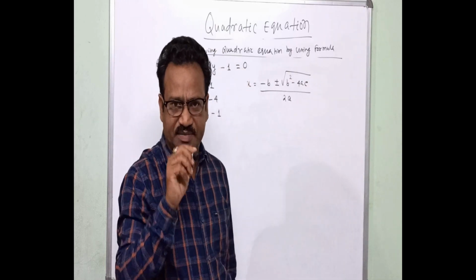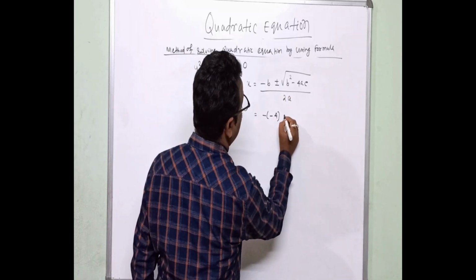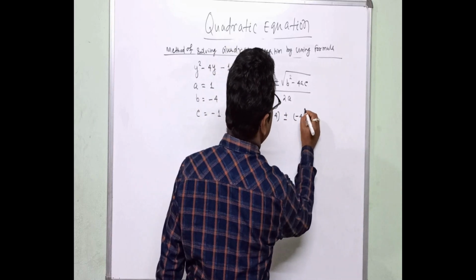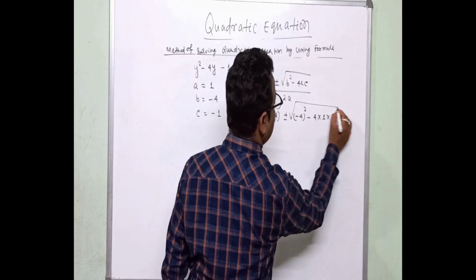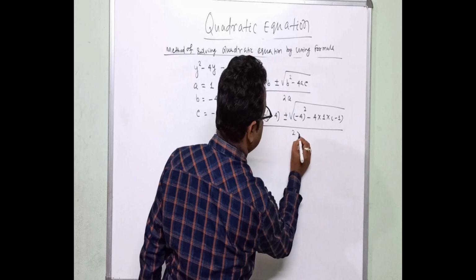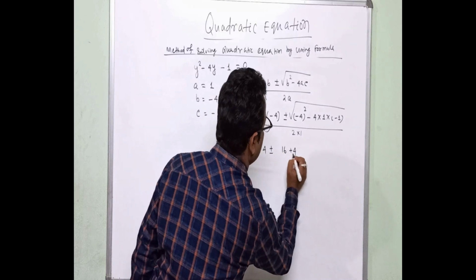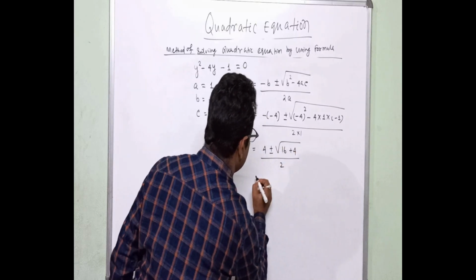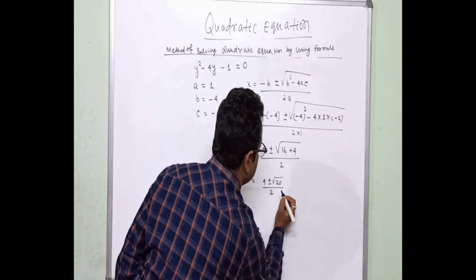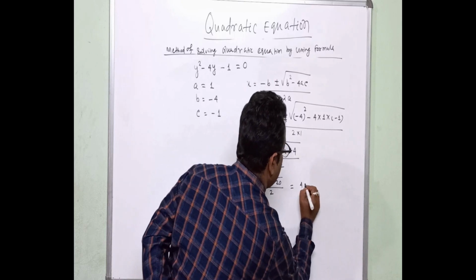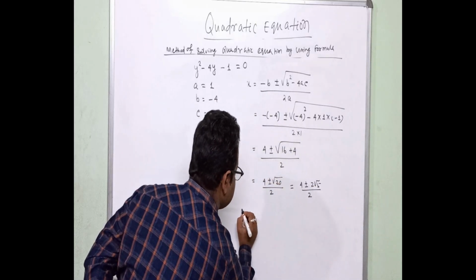Now putting the value of a, b, c in this equation, we'll get minus of minus 4 plus minus root of minus 4 square minus 4 into 1 into minus 1, whole divided by 2 into 1, that is equal to 4 plus minus root of 16 plus 4, whole divided by 2, that is equal to 4 plus minus root 20 whole divided by 2, that is equal to 4 plus minus 2 root 5 whole divided by 2,